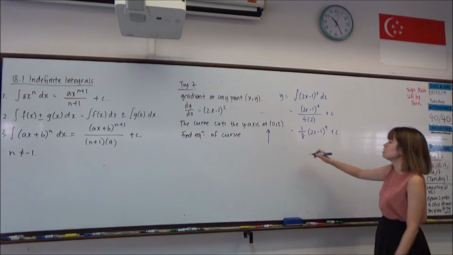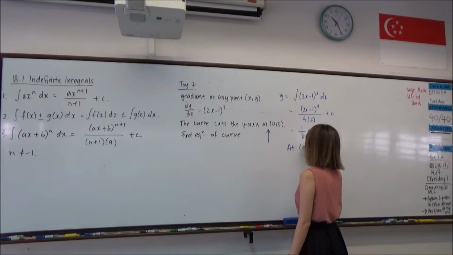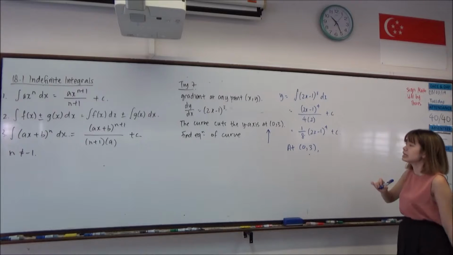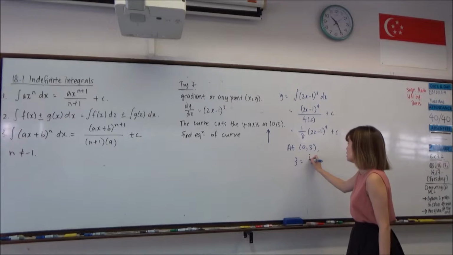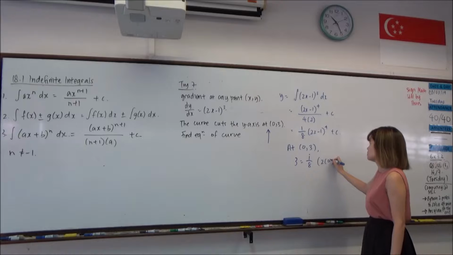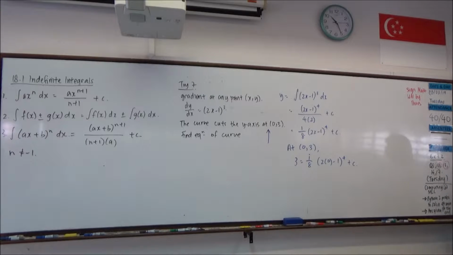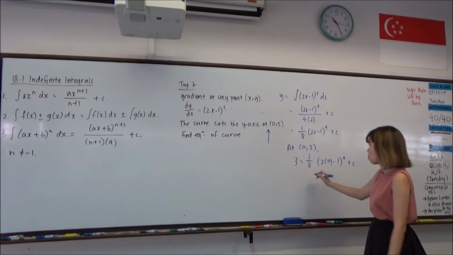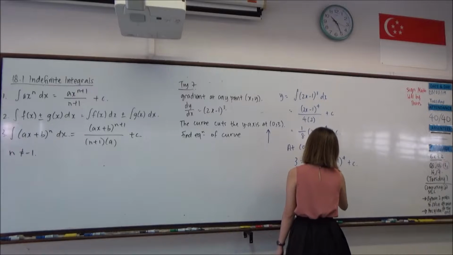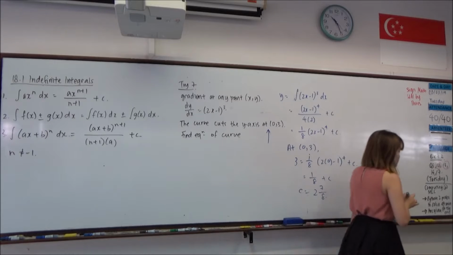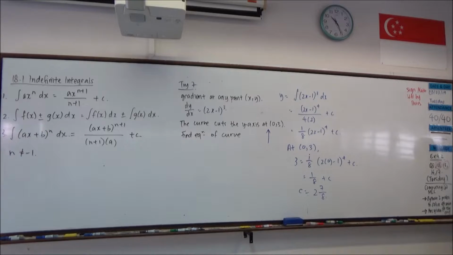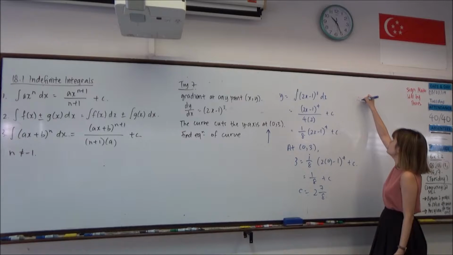So at 0, 3 itself, that means that your y coordinate will be 3 and your x coordinate will be 0. And then we can find out the exact value of c. And c will be 2 and 7 over 8. So therefore the equation of the curve